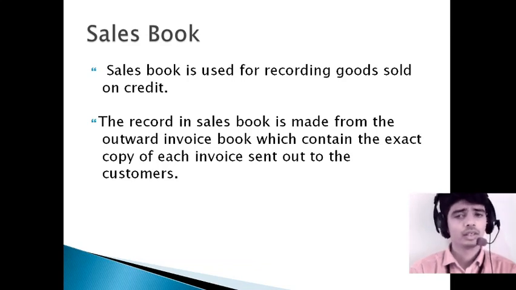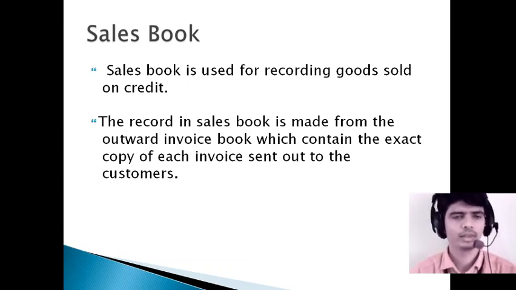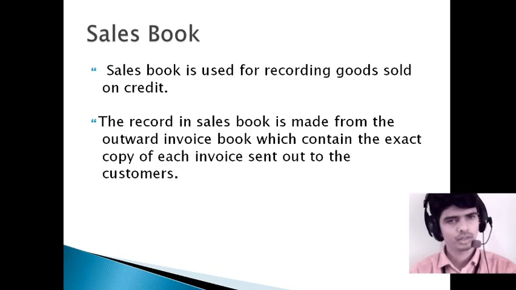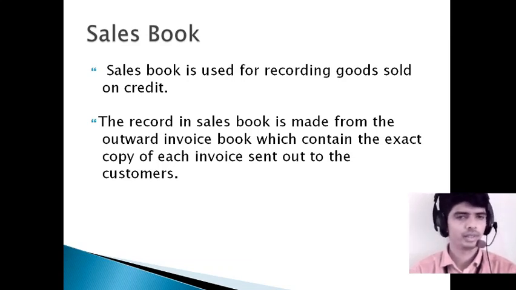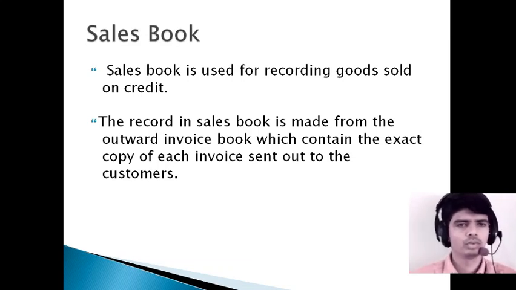Credit sale is where the sale is done, for example, we are a manufacturer of Exide batteries and we have sold 20,000 Exide batteries to XYZ suppliers. The goods are already supplied, but we have not received any payment. Payment is due, so that is called a credit sale. Such credit sales we record in the sales book. Hope you are clear with the meaning of the sales book.